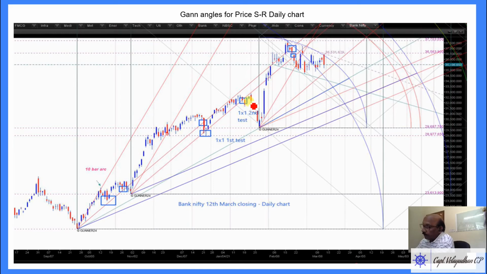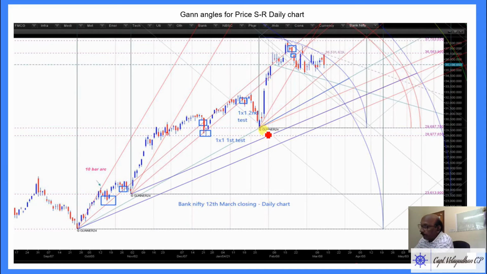After this fall, 1, 2, 3, 4, 5 days fall, price started moving again. So in this fall, it took support and made a bullish candle. Even though price gapped down, the action was a strong bullish move. So this indicates that some support is in the way.